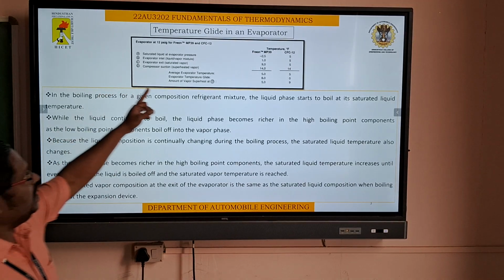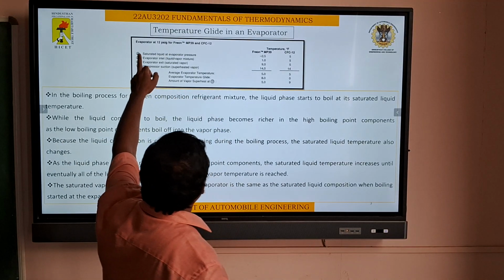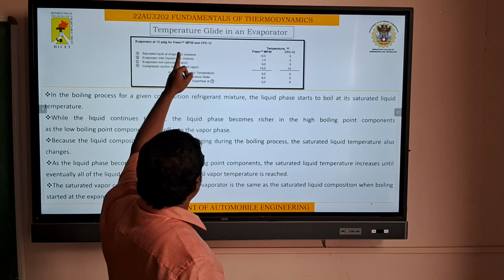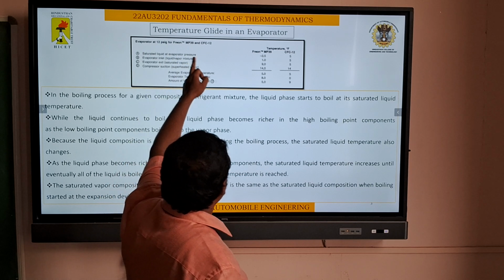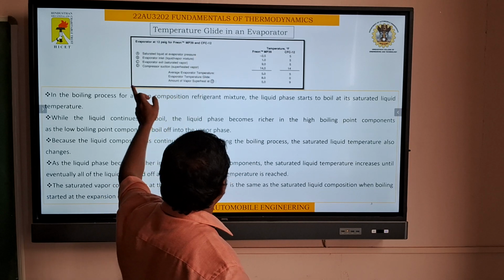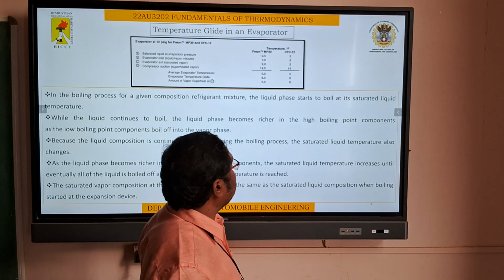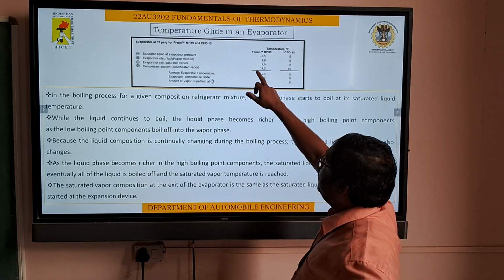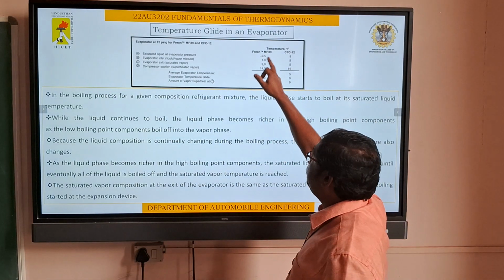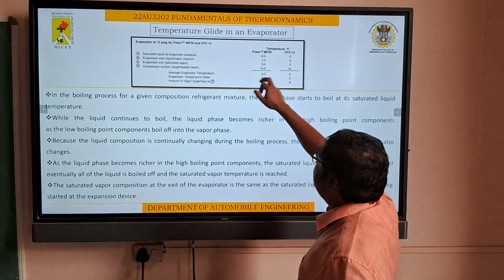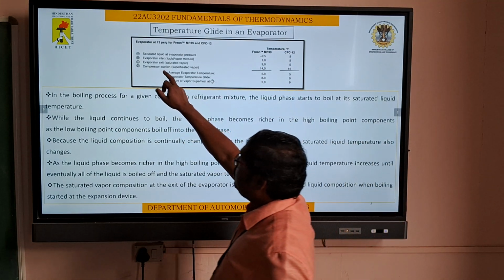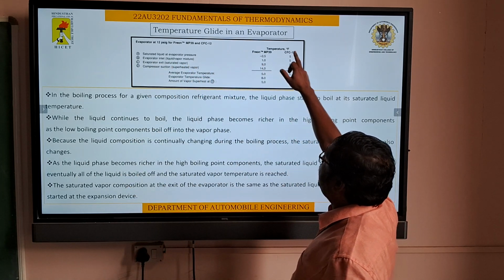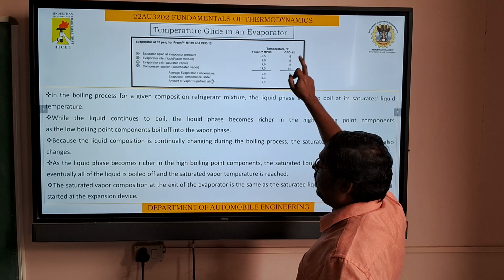And again, coming to the temperature glide in an evaporator, we have the evaporator at 12 psi, pounds per square inch, for Freon refrigerant MP39 and CFC-12. So we have compared these two: the single component refrigerant CFC-12 and the dual component, two refrigerants mixed together, Freon MP39. You can see that the saturated liquid at evaporator pressure is minus 2.5 degrees Fahrenheit, and for CFC-12 it is 5 degrees Fahrenheit.